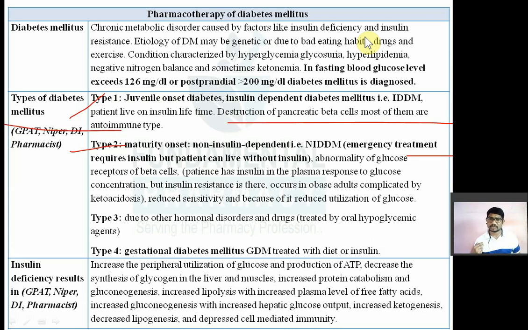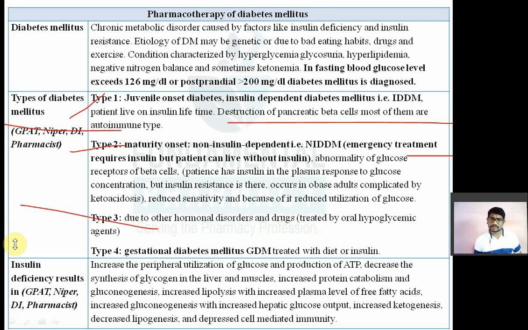This kind of diabetes occurs mostly in obese patients. Those patients who have obesity, in such patients this diabetes is most often seen. This occurs in the obese patient and it is complicated by ketoacidosis, meaning increased ketone body formation and an increase in acid in the body, lactic acid and so on.